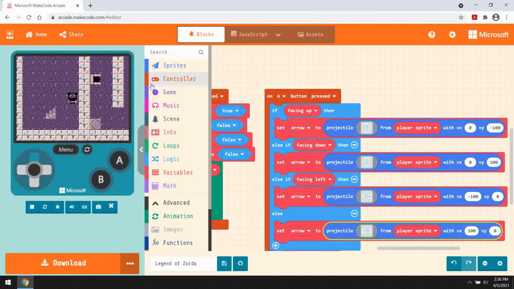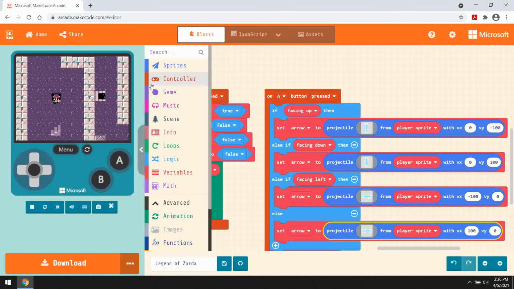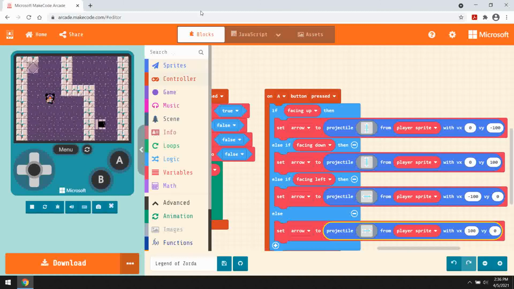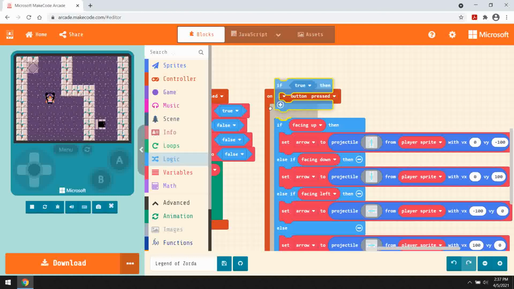Okay, so I'm walking around and I'm firing arrows up, good. Firing arrows right, good. Firing arrows down, firing arrows left. Awesome. I do want to add one more thing to the arrow. I want one more thing to be true. And I'm going to go ahead and put